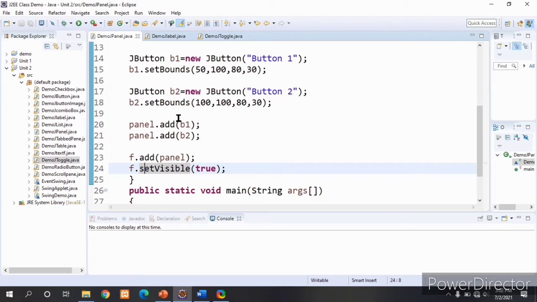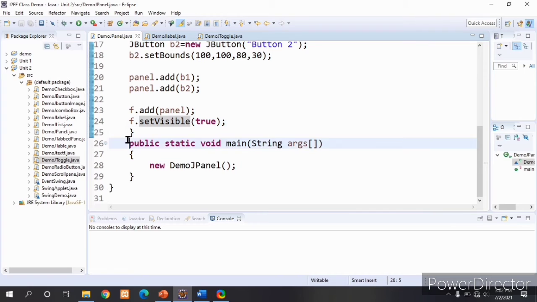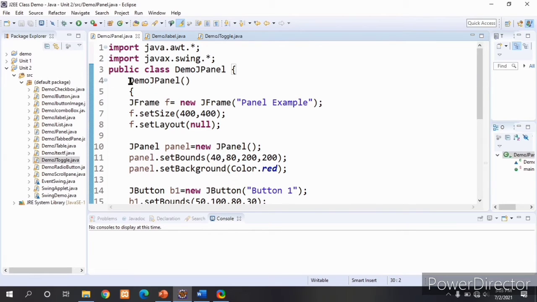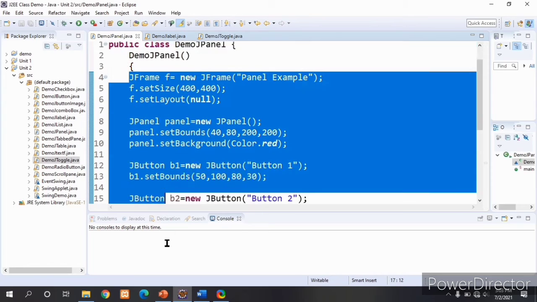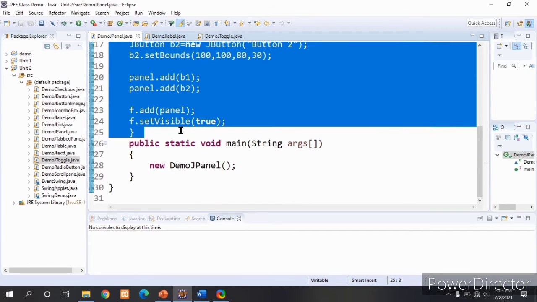If it is true, then it is visible on the screen. Next I am writing a main method, in that creating an object of the DemoJPanel class. When I create an object of the DemoJPanel class, the call directly comes to the constructor of that class. Then all these lines will be executed.